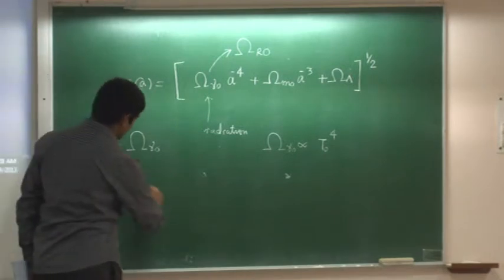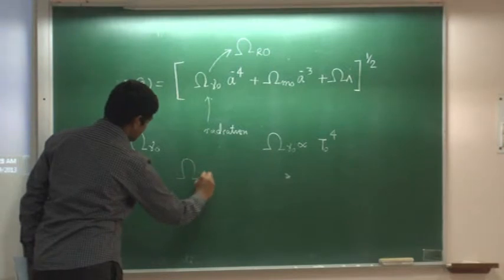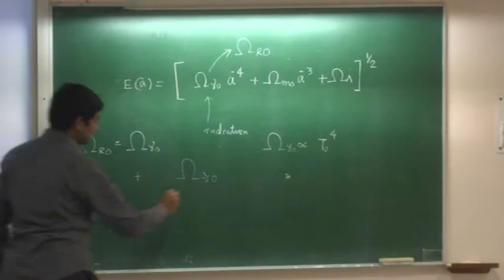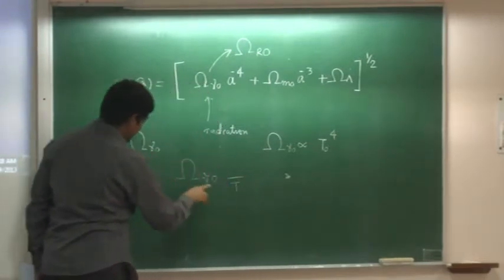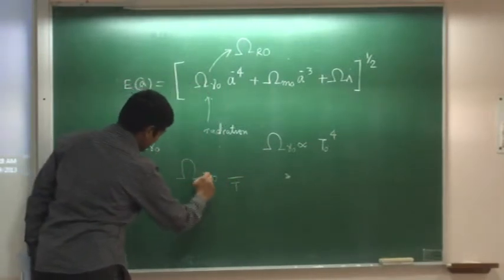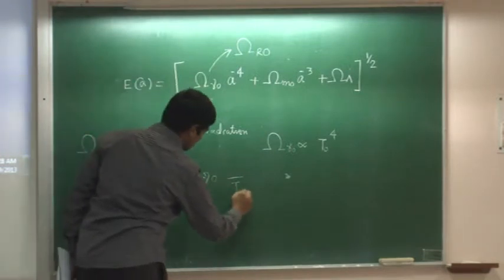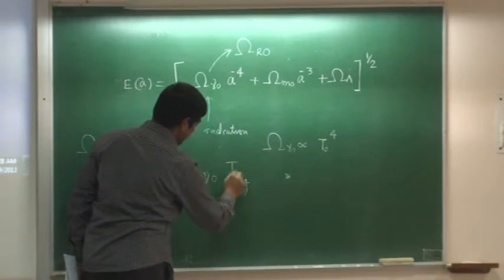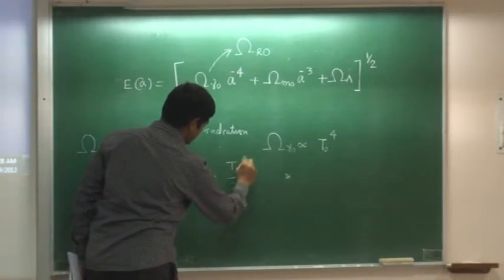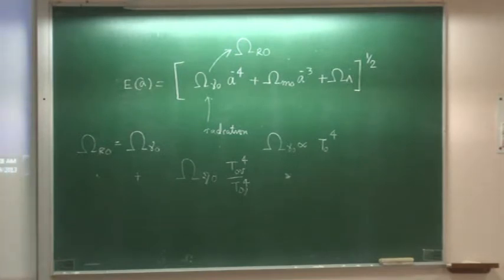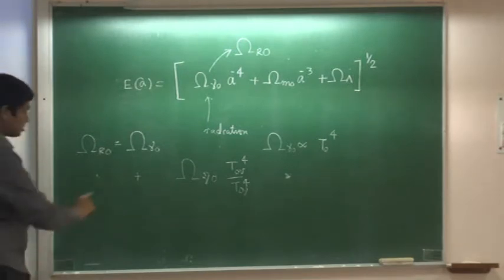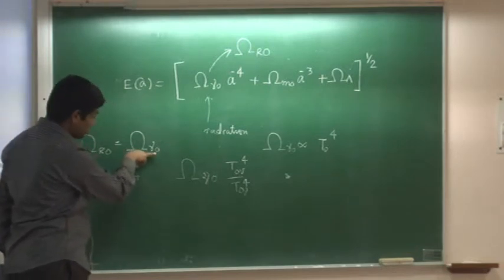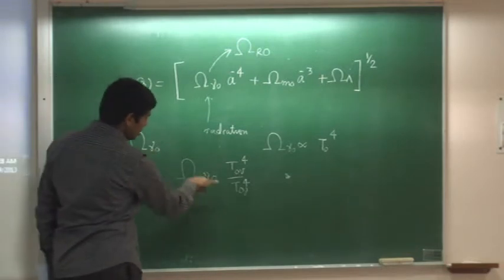So to calculate omega gamma naught, we had put in this T naught to the power 4 there. So if I want to calculate now the omega for neutrino, what I can do is divide the omega gamma by T naught gamma to the power 4 and multiply it by T neutrino to the power 4. Understand? So this is basically what I am doing: in terms of this, I am writing down the omega for the neutrinos.